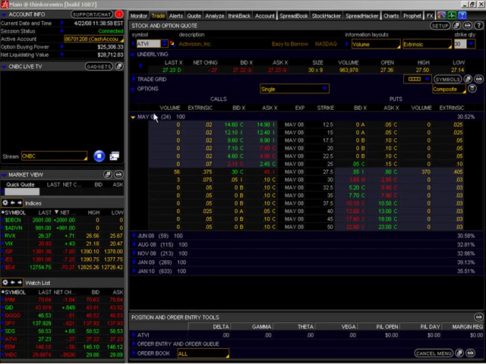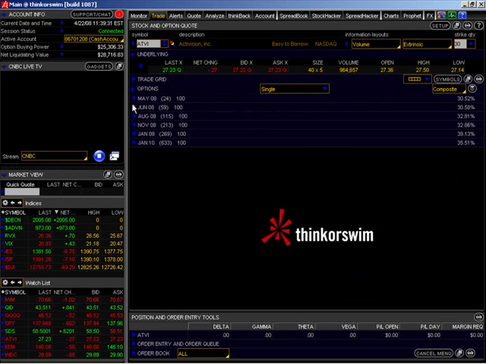If we were to purchase these May options, the ones that we're looking at right now, they expire, and we have the expiration date right here, in 24 days. Normally, the options expire on equity and index options the third Friday of each month. That is the last trading day for those options. They actually expire the very next day on a Saturday. You can also pick the expiration dates that you're interested in purchasing.